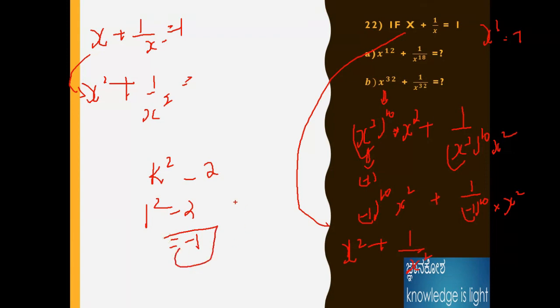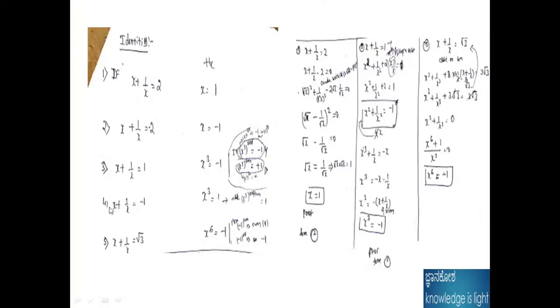Like that we can use the formula. Why? Because the x plus 1 by x term is already there, and now the term converts to x square. We already have the formula in the bucket, we just need to apply it here, that's it. Okay, I will take one last problem with identities. Please note down this formula, it is very important. x plus 1 by x is equal to root 3, x cube is equal to minus 1. This is the identity. If any problem comes like that, please use the identities formula in this format.